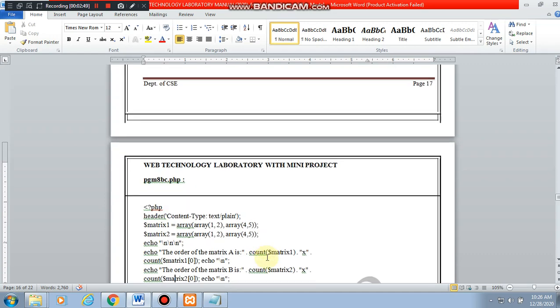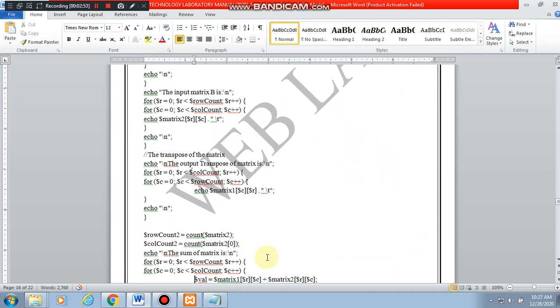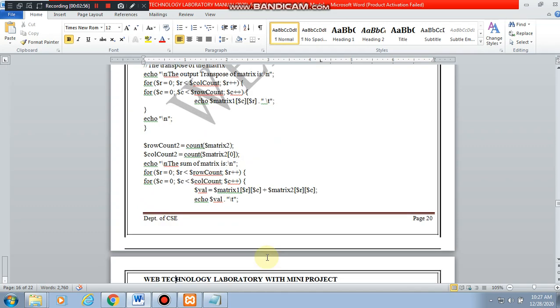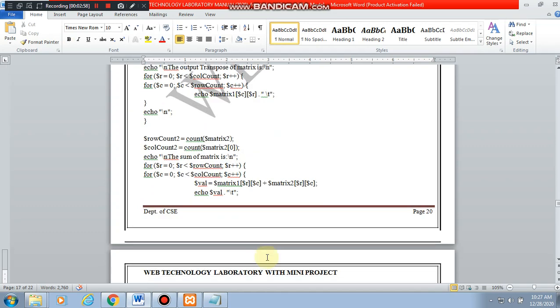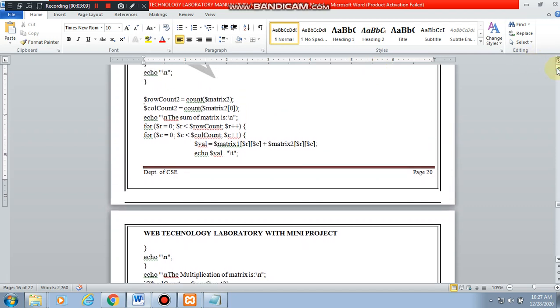Then you need to go for other operations, that is multiplication, addition, and subtraction.